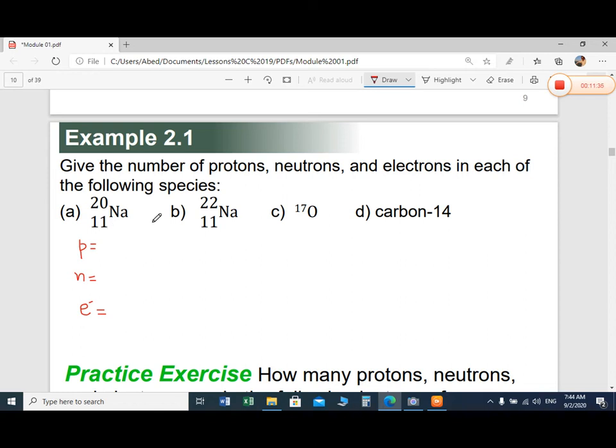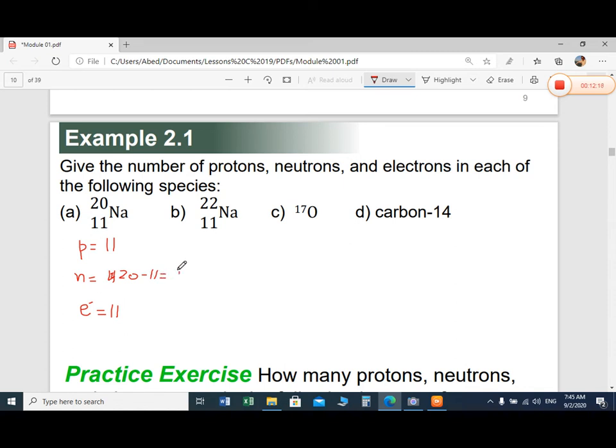So the atomic number is 11 in part A. This 11 will give you exactly the number of protons, as the atomic number is the same thing. And the number of electrons, because the charge here is 0, no charge means the number of protons and the number of electrons are exactly equal. So this is the same answer, 11 electrons. And now the number of neutrons: you can calculate by the mass number, which is 20, minus the atomic number or number of protons,